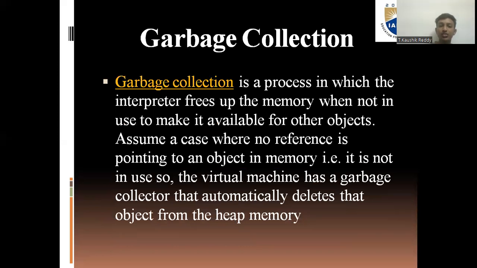So, garbage collection. We already saw this heading in the previous slide, at the start of the presentation. Garbage collection is a process in which the interpreter frees up memory that is not in use to make it available for other objects. Assume a case where no reference is pointing to an object in memory. That is, it is not in use, so the virtual machine has a garbage collector that automatically deletes that object